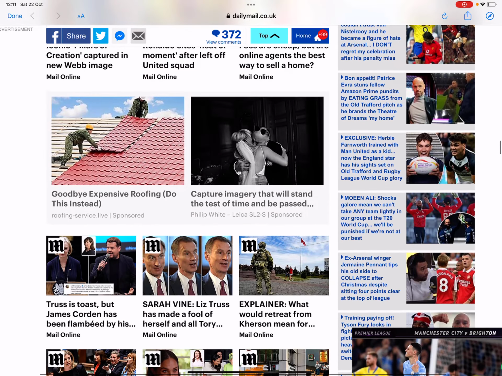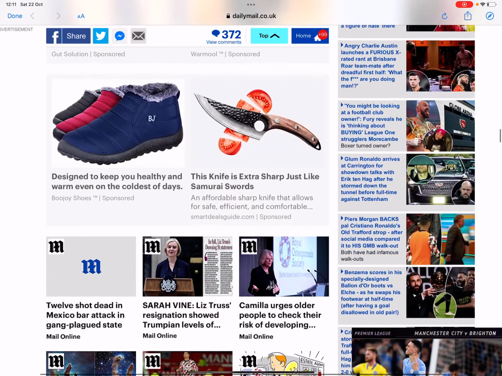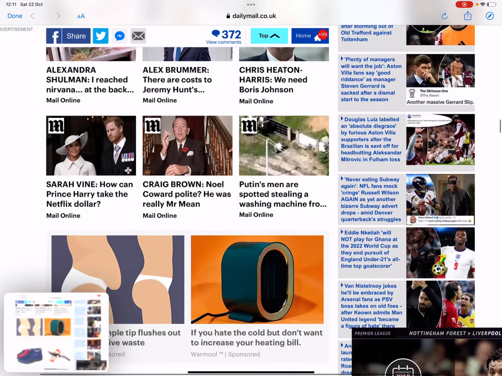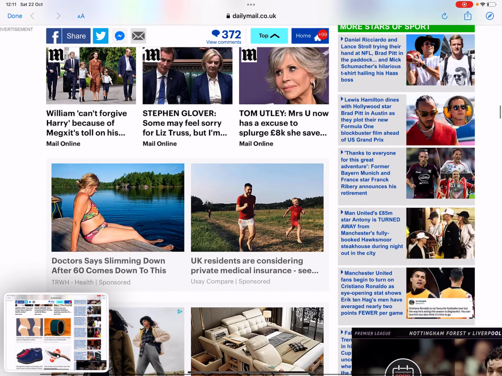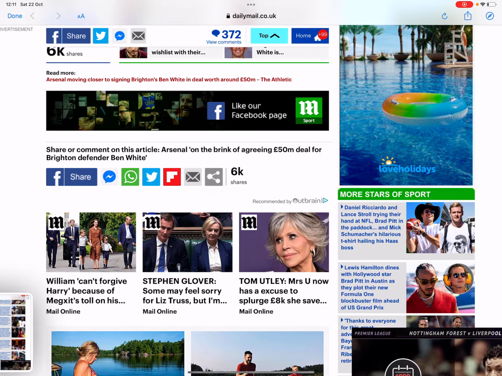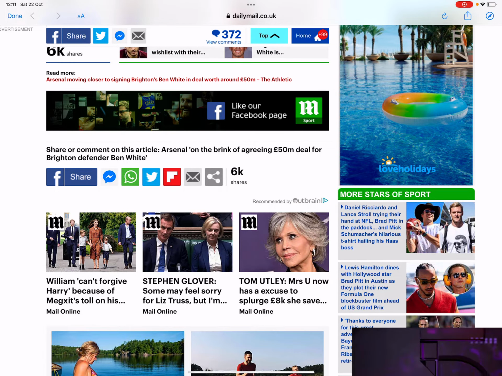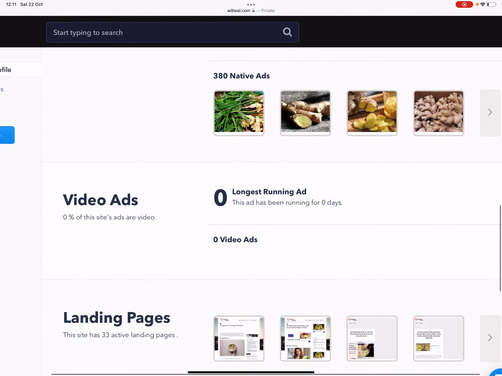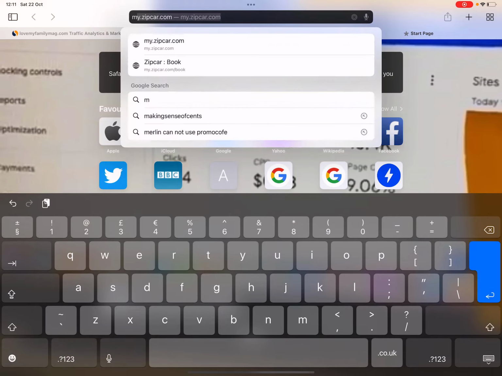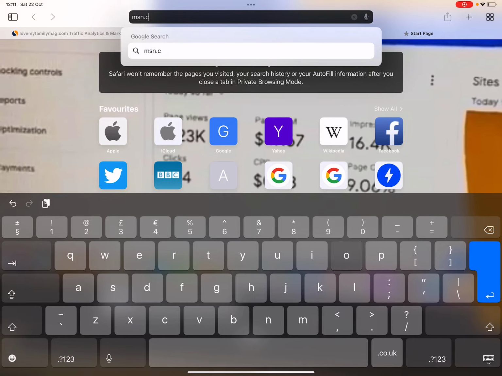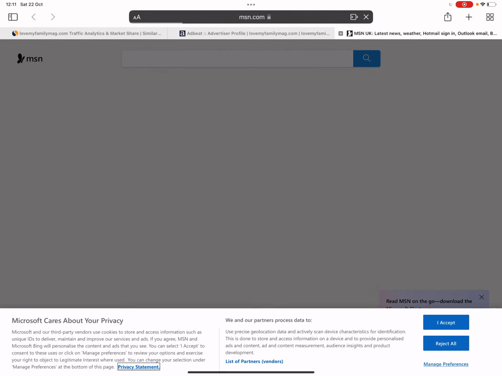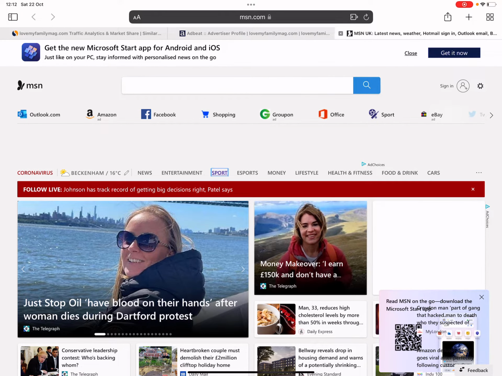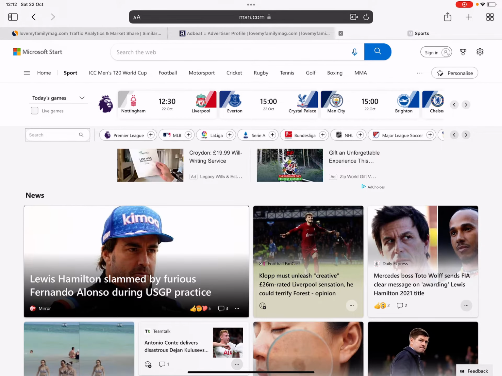The reason I screenshotted that is because anytime I see ads that I want to model or that are effective, I screenshot the image so I have it backed up and can come back and take a look. So you just want to go through again and again. It's the same thing for going to MSN. Let's come out of this and go to MSN. We want to go to the biggest websites and look for campaigns, because these websites are getting the most traffic. I like going to sports. I like to keep to more positive news.